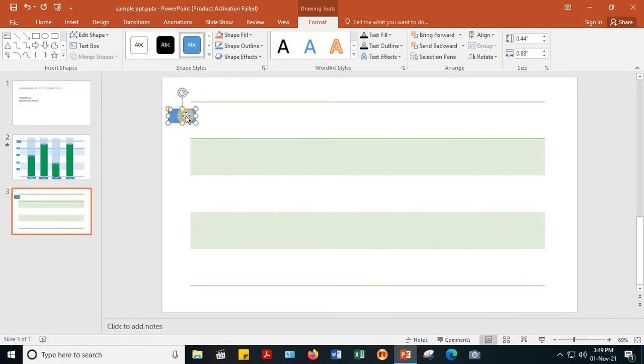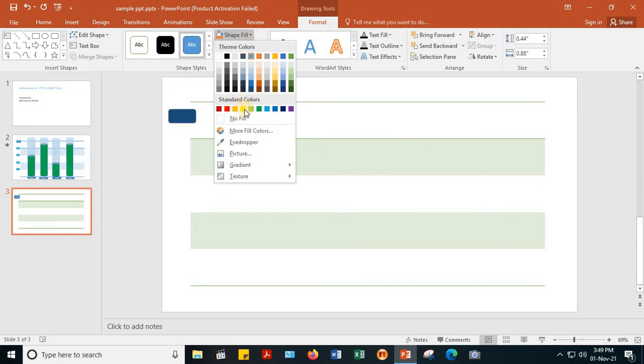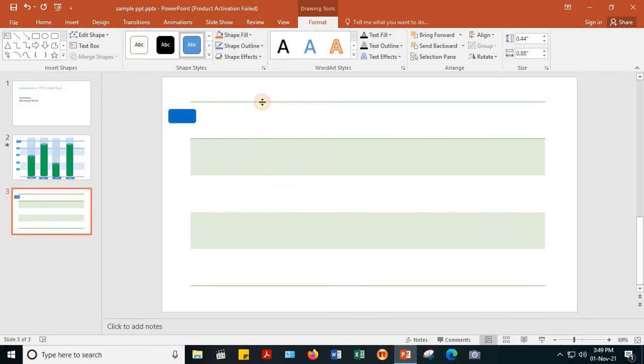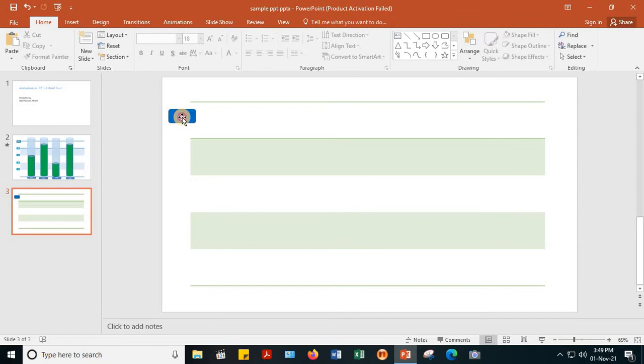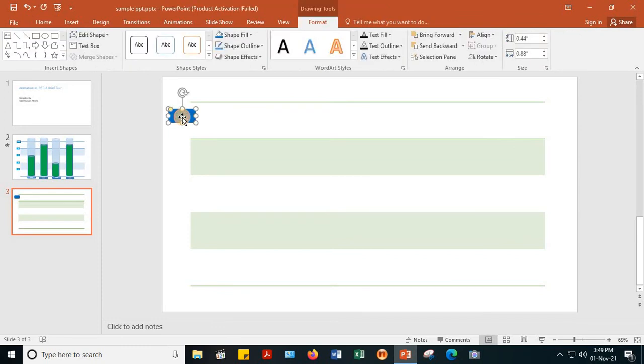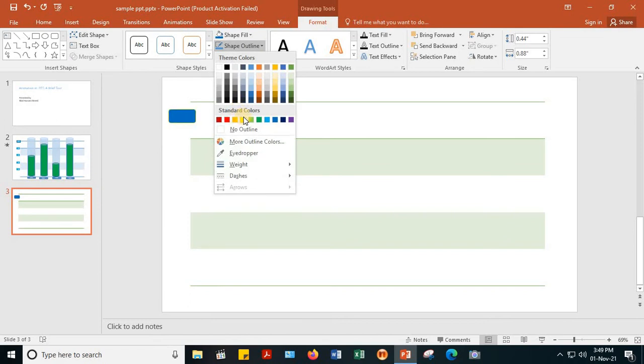If you want, you can click here, then go to Shape Fill and keep it dark blue. Once it is done, if you want to change the shape outline, you can go here and put yellow or whichever is suitable for you.